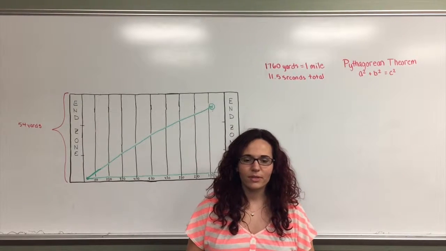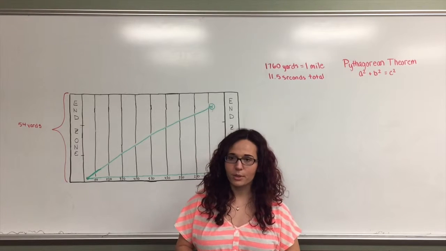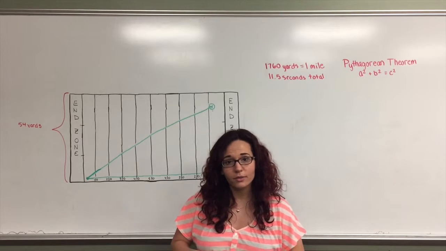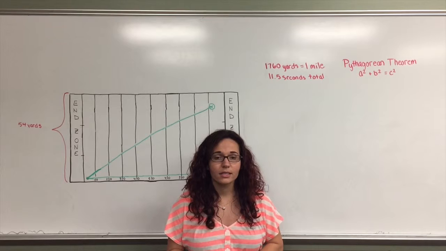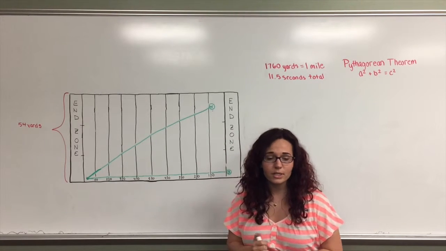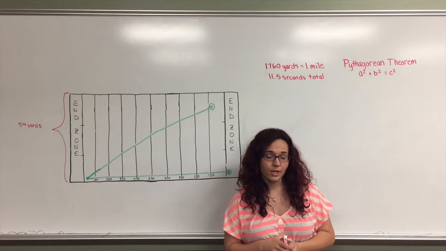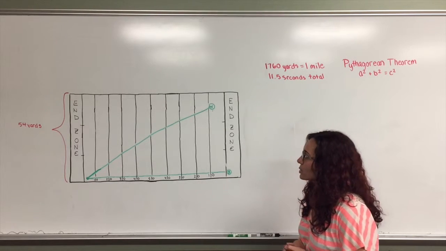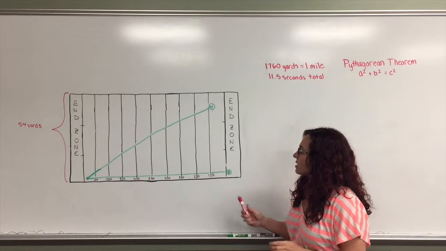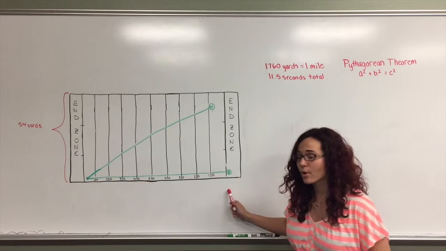Okay, now that we have learned the basic concepts of the Pythagorean theorem, what we're going to do is take the video I had you watch for homework last night and put it towards a little bit of math. So the video you watched last night was in 2005, the Broncos versus the Patriots NFL football game. So what we're going to look at is the play from Bailey and Watson when Bailey intercepted the ball,